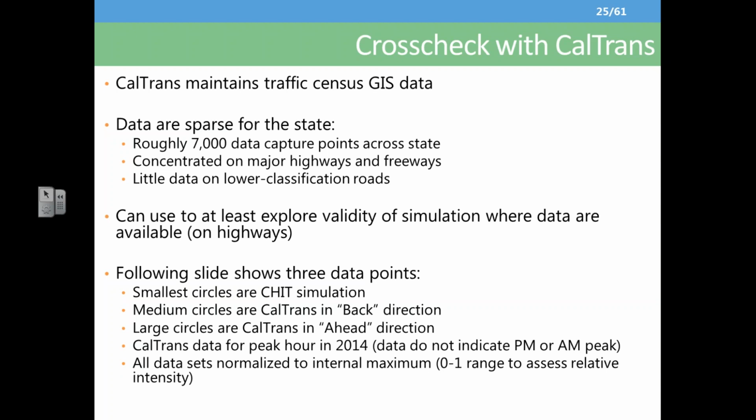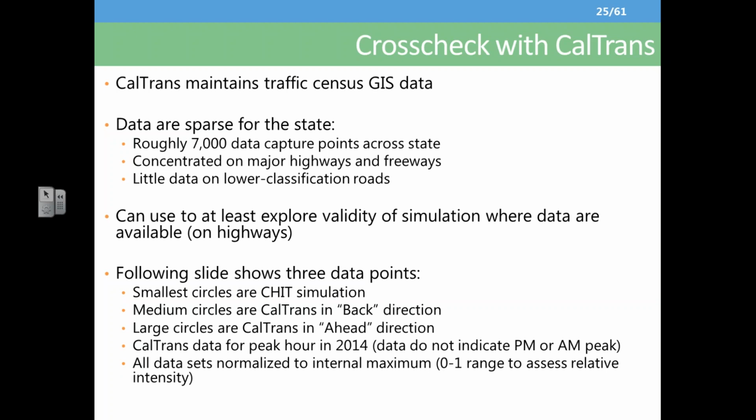The middle-sized circle behind it is the CalTrans data in the back direction, and the largest circle is the CalTrans data in the ahead direction. That's just the different directions of travel at each of the intersection points where CalTrans takes the reading. The good thing about the CalTrans data is that this is actual observational data. So we have an observational data set, and even though it's sparse, we can at least check and compare what we got versus what the observed data are